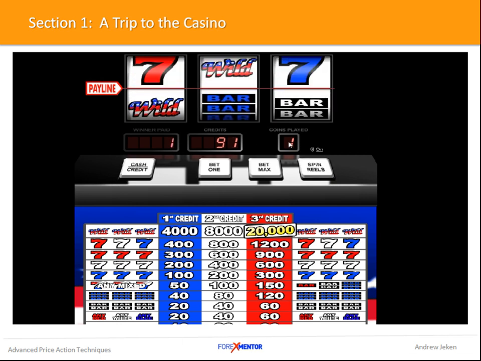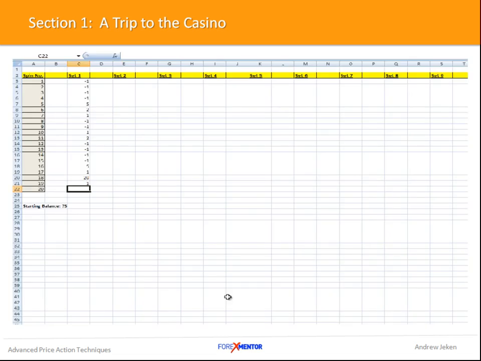Okay, so the last spin, we've won $1. So now what we can do, you can see we started with 75. We can add up to see what's happened. So you can see in the total, it's not visible at the moment, but it's $23. So we've won $23. So now what we can do is we can assess our performance. After 20 spins, we can see that we're profitable. Okay, this is very important.